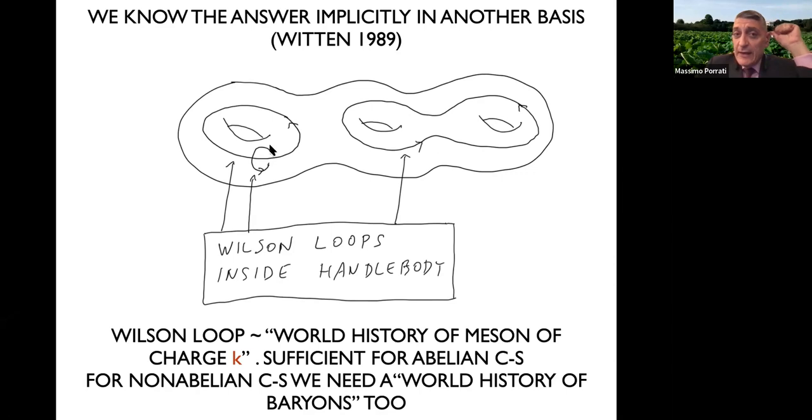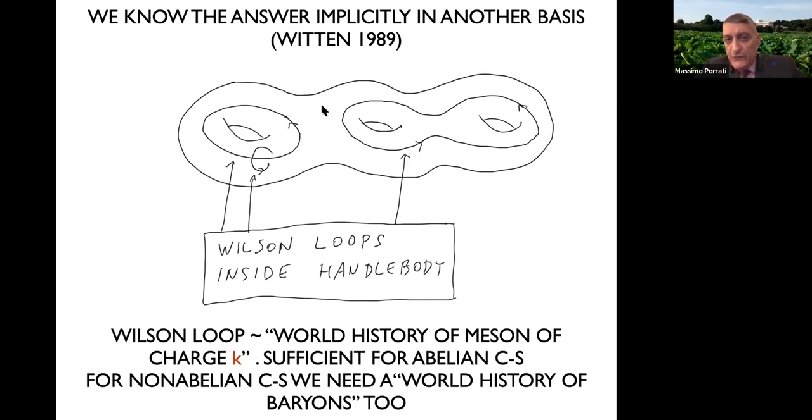For abelian theories, you can get all the independent wave functions in your Hilbert space by choosing all the possible independent Wilson loops in this construction. The Wilson loops are, in a sense, the world history of mesons of charge K, and that's sufficient when you deal with an abelian theory. Witten showed that for non-abelian Chern-Simons, you also need more complicated objects that you can think of physically as the world history of baryons,